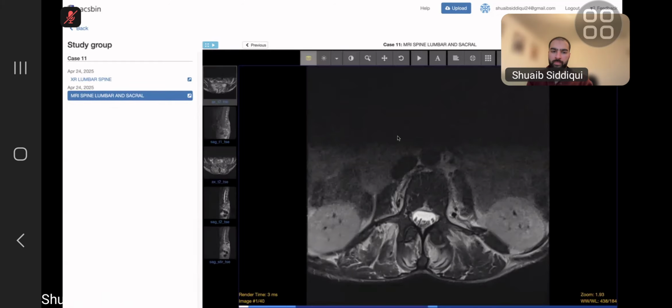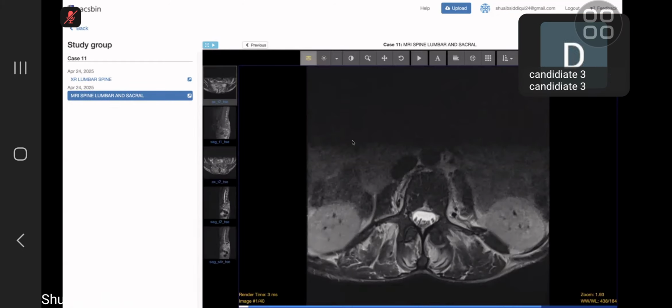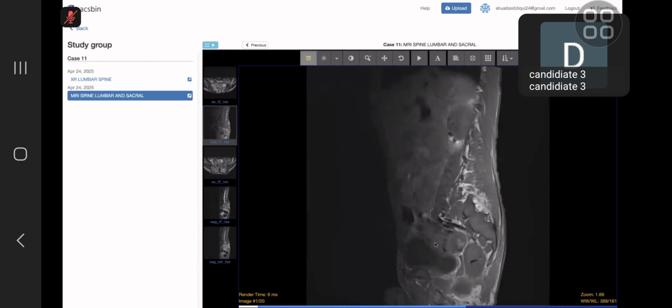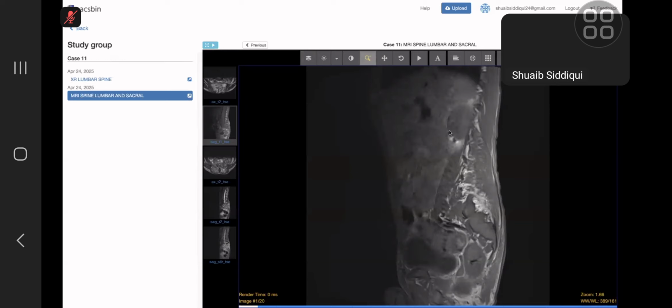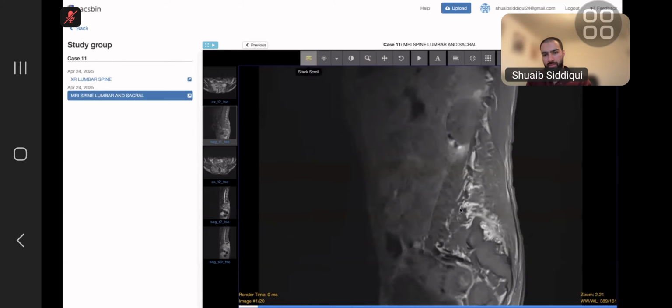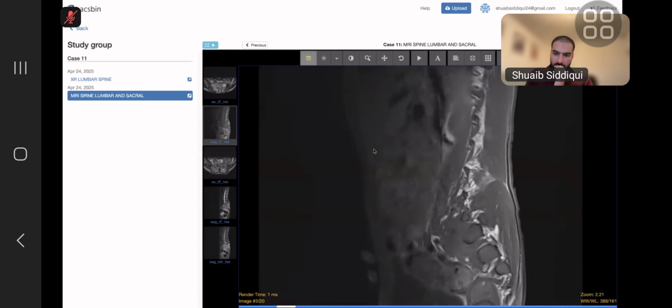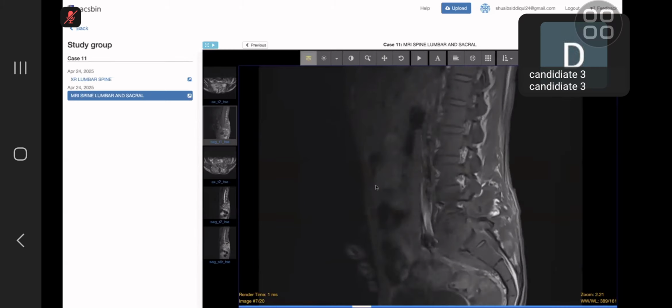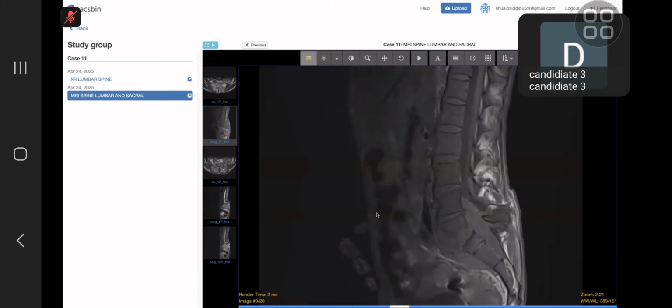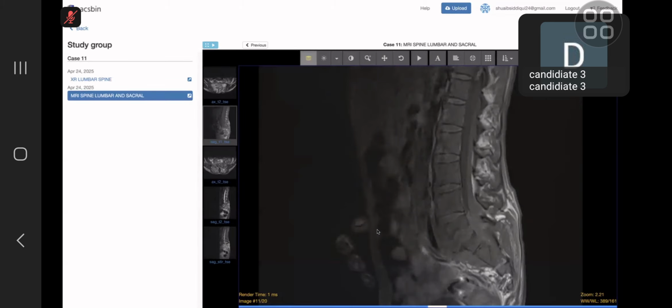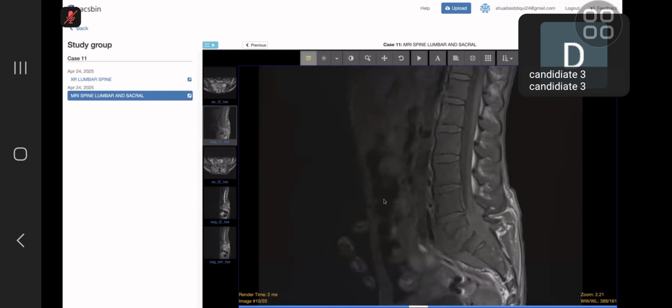What sequence would you like? I want to see first the sagittal T1, the sagittal T1. Okay. Yeah, you can scroll. Okay. I've been provided with sagittal T1 for the lumbar spine,